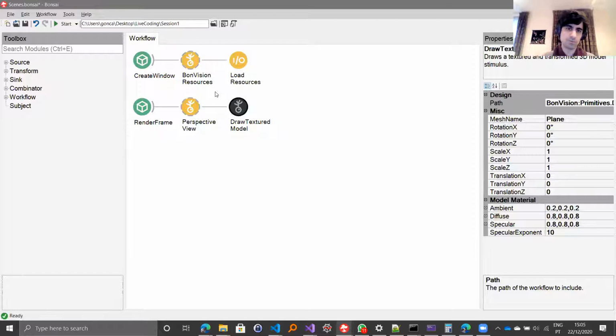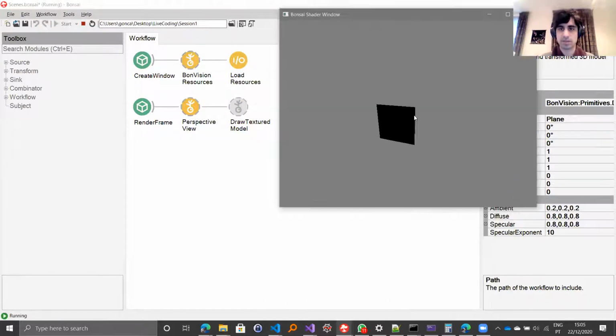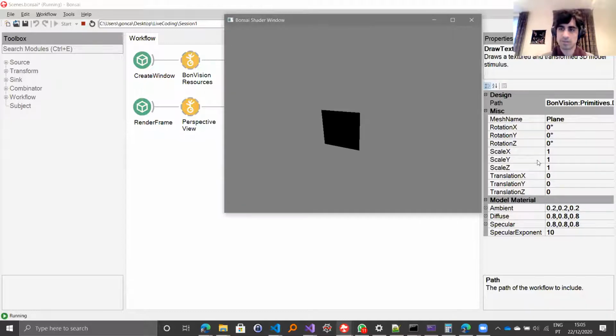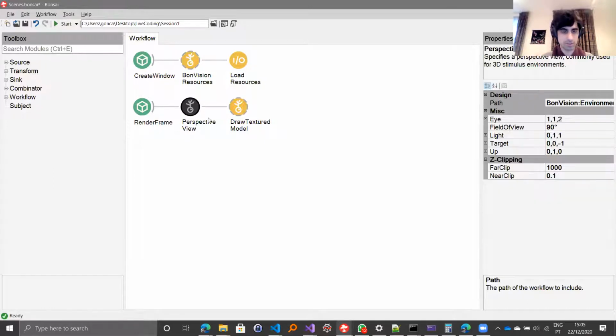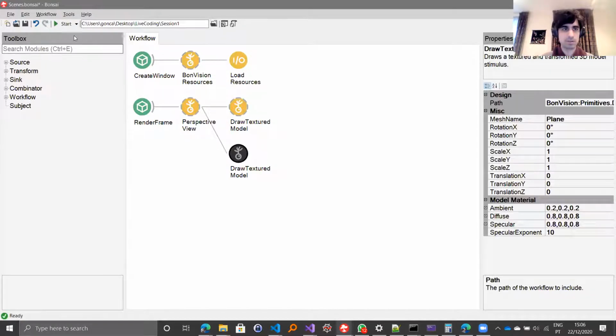before, in BonVision, we had support for very simple 3D models that you can load with or without texture from OBJ files, which is a very common file format that you find everywhere because it's very easy to parse. It's basically a human readable list of vertices and colors and other things. This would be like loading a plane. This is the only object that comes with BonVision, and you can put a bunch of them. There's no color right now, but we can create it, and then you can make many of them,